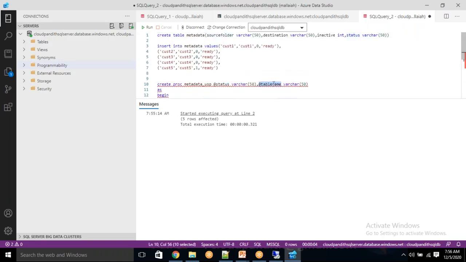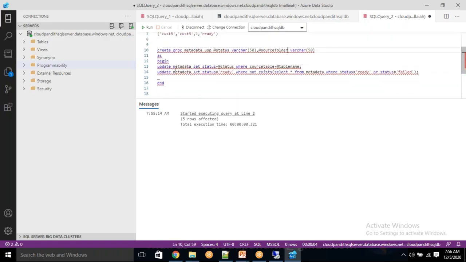So instead of table name, I will say source folder. I need to update metadata, updating the status where source folder equals @source_folder. Next I want to update metadata, set status to ready, where not exists, select star from metadata,